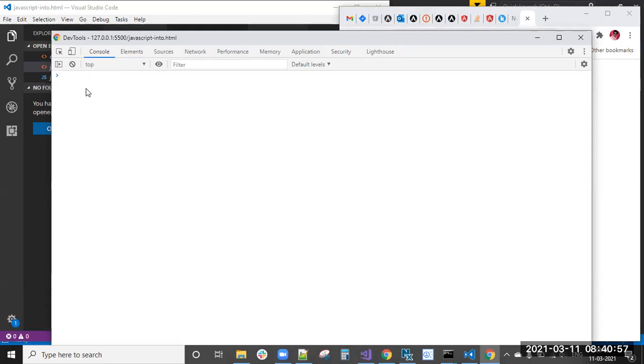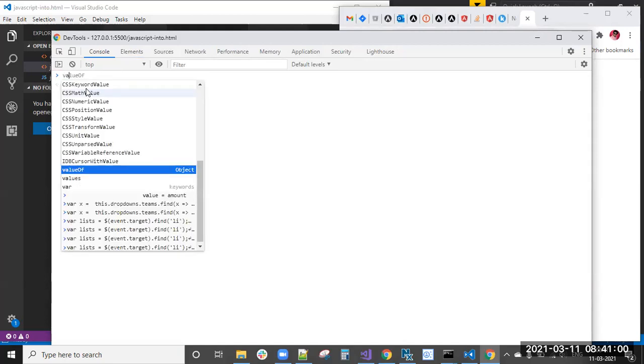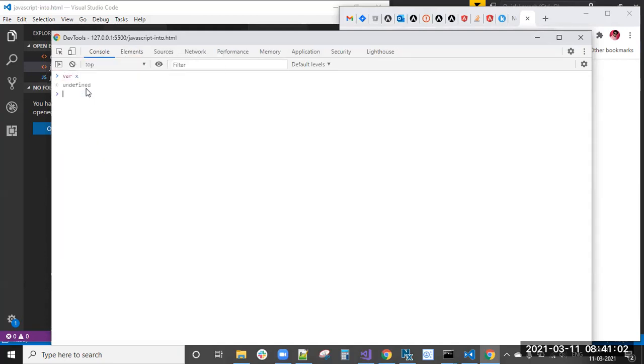If you go to the console, first var x, the result is undefined, because I have not assigned a value to that variable. Then x equal to 10, I have assigned the value. Now if I write x, I will get 10. Everybody knows this. If I try to access x before assigning, I will get undefined because the value is not defined.